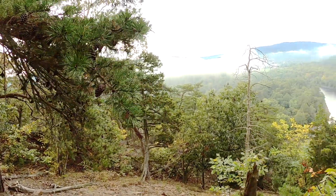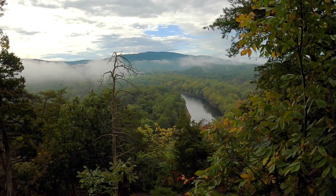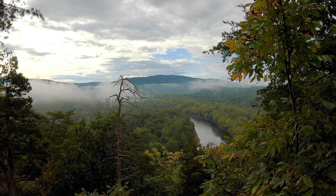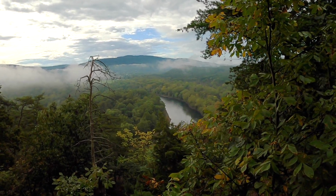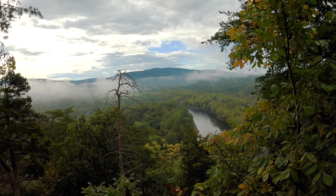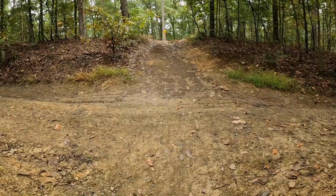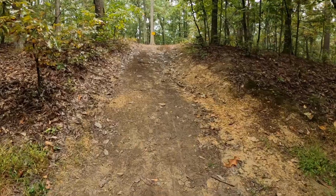One nice bonus of having to hike over the top of the mountain is that you get this beautiful view of the Potomac River and a little bit of morning clouds sitting in the mountains, and in the back there is Paw Paw, West Virginia. Hence we are in Paw Paw. So there you go. That's kind of a cool view for the suffering that you have to take with it. When you get near the top, there's a fire road over here, and you go past the fire road up to the top, and oh my goodness,